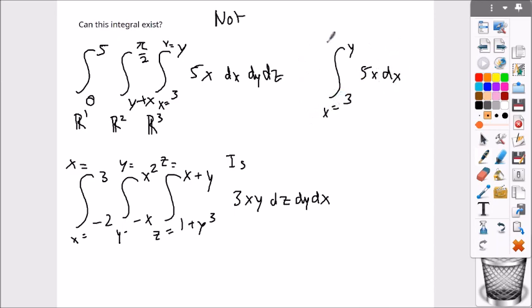X equals 3, x equals y. So there's two variables right there. You can have three variables for your first integral in a triple integral, but you can't have four. You can have two variables in your second integral, not in the bounds. You can only have one variable in the bounds, but your second integral can be hidden. It's the dy. You can have two variables,